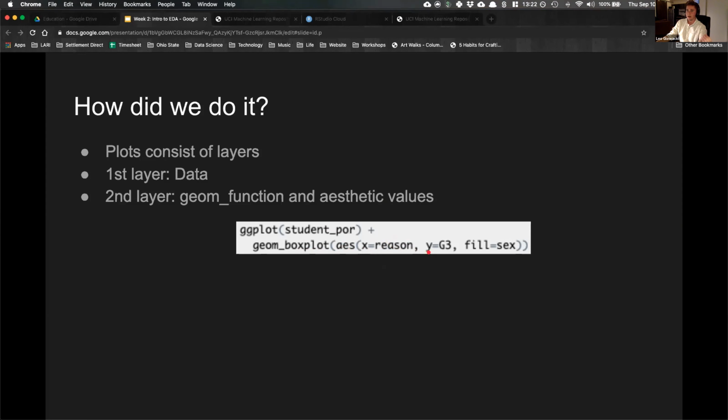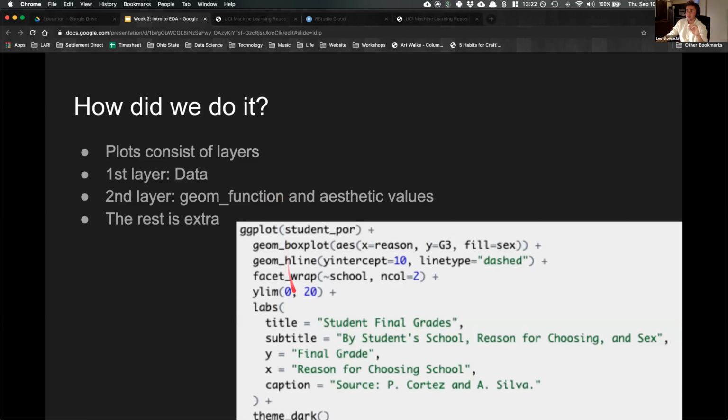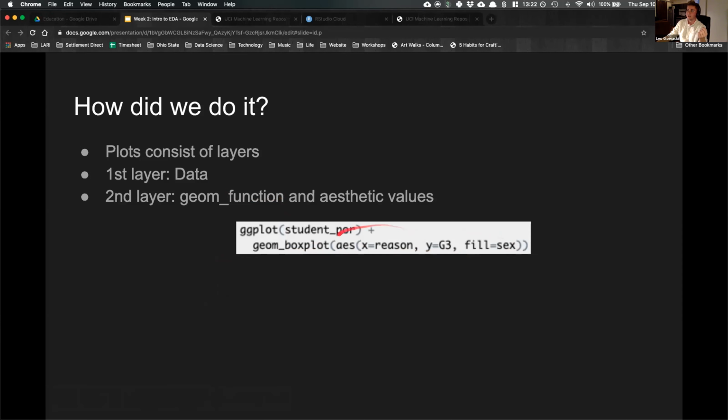We want Y to be G3, and we want the fill, which sets the color of those, to be sex. So then all the rest of this is actually really kind of extra. It's really not necessary to create a basic plot. So what that means is we can take just this and get a